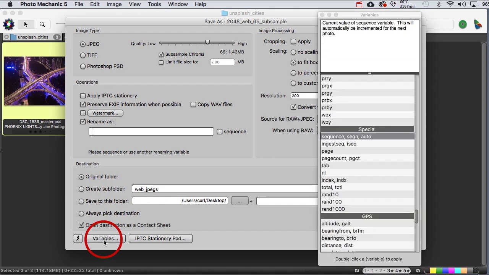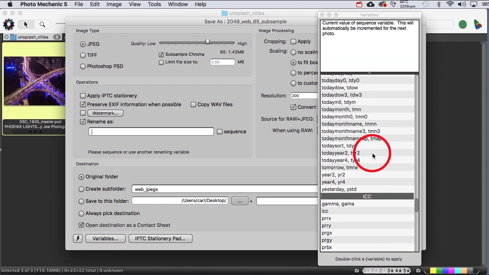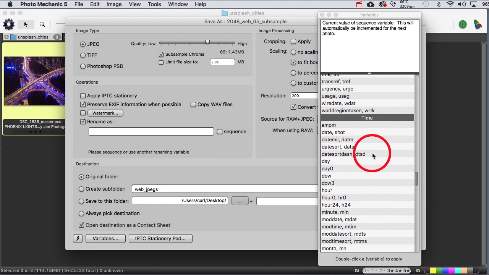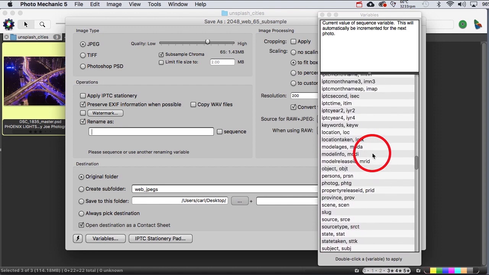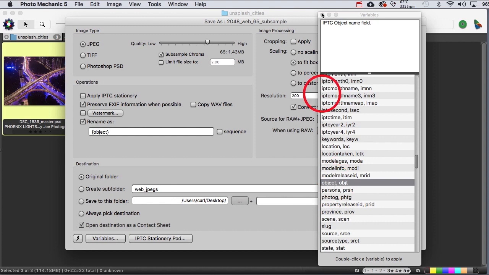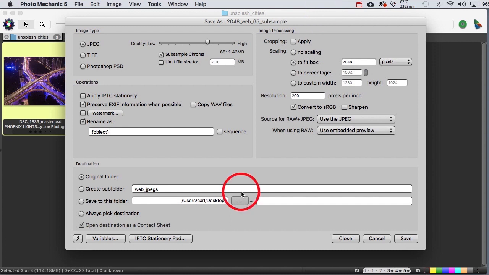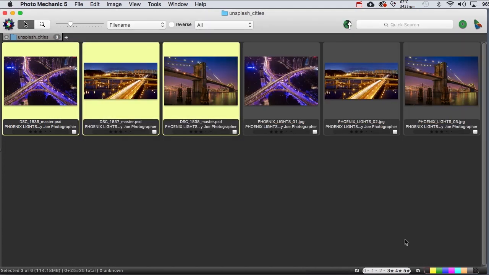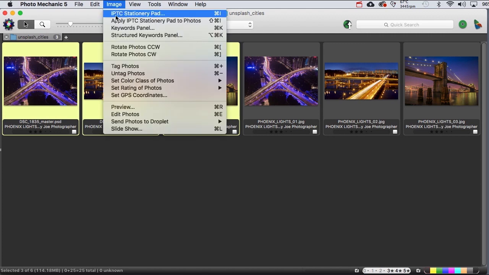So let's go to our variables, and we'll go up here to the IPTC section of our list of variables. And here we have one for the IPTC object name field, whatever value is in there. So we have the object variable. Make that go away. And we'll save again. And now we have JPEGs to distribute